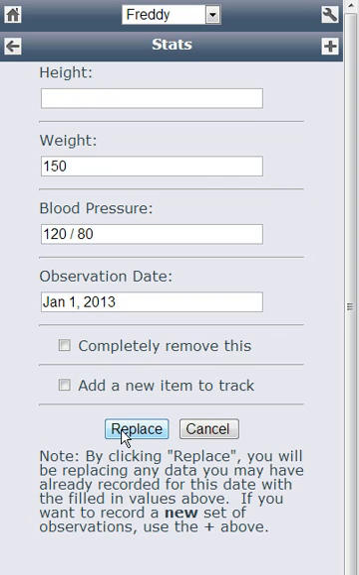Now before I hit replace, I just want you to know that you're allowed to change the date of an entry here in case you made a data entry error when you first entered it. But remember not to change it to the same date as another entry that you have, or you'll overwrite that with this one. If you really want to edit a different entry, you should go back to the screen and select that entry and edit that. So now I'll hit replace,